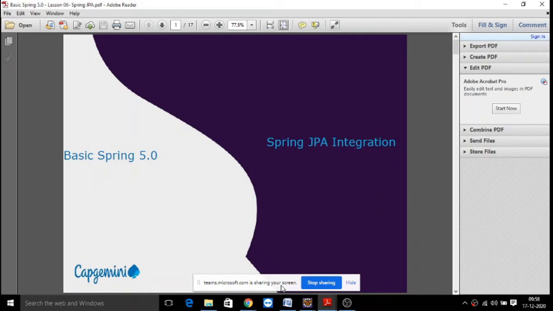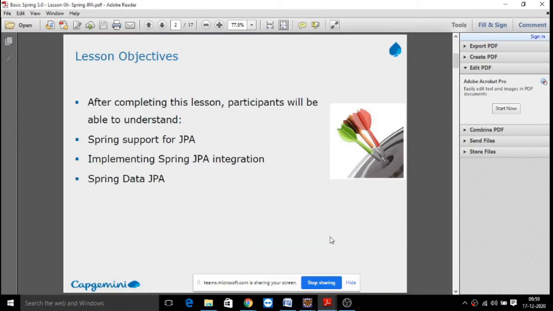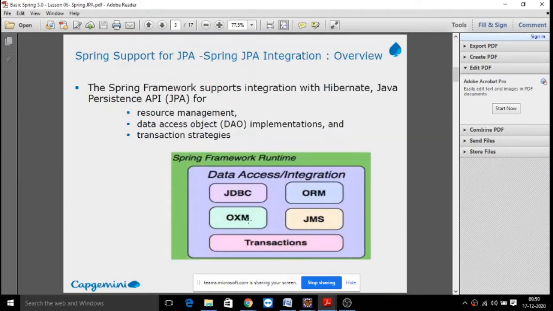So in this session we are going to learn about Spring Data JPA. We have other modules to integrate with the database, called Spring JDBC and Spring ORM. But still we are going to connect with the database, using Spring Data JPA, we are going to get all the features of the Spring application.